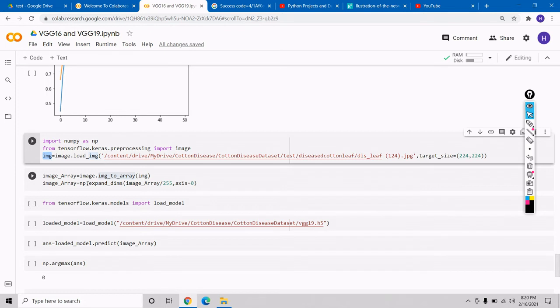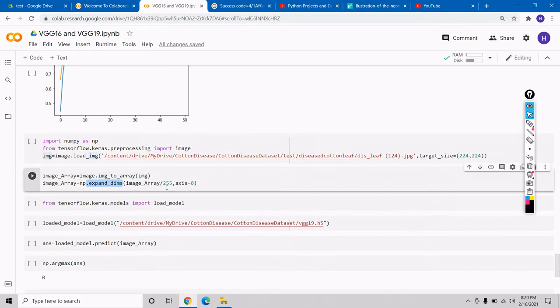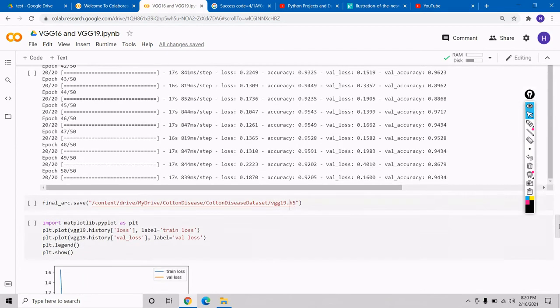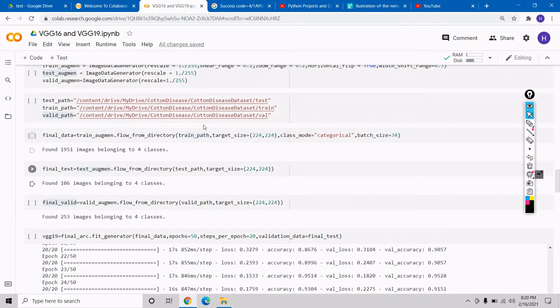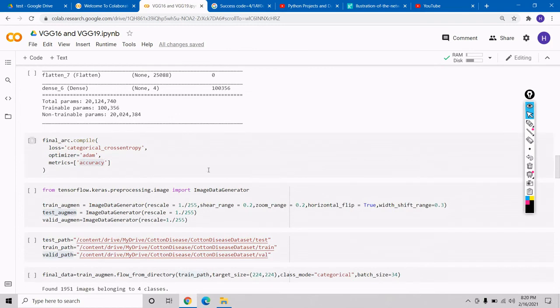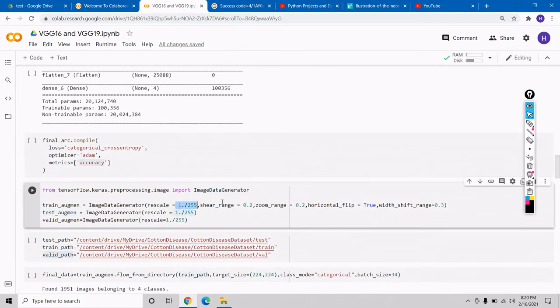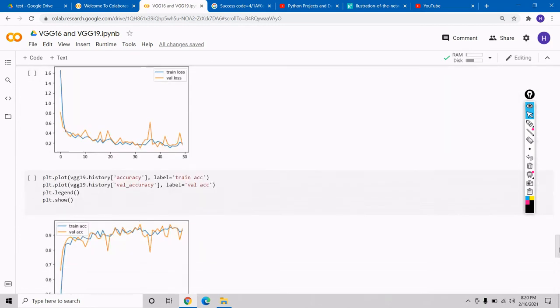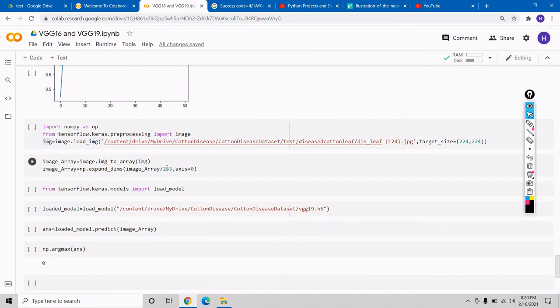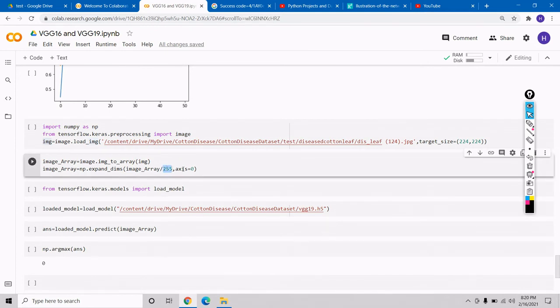Now we have to expand our dimensions for our predictions. After that we are normalizing our image because, as we know, during the augmentation we have used rescaling. If you remember, rescale is equal to 1 upon 255. So in that case also we have to provide the same, we have to divide by 255.